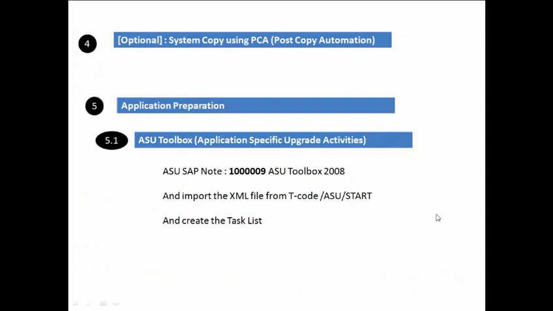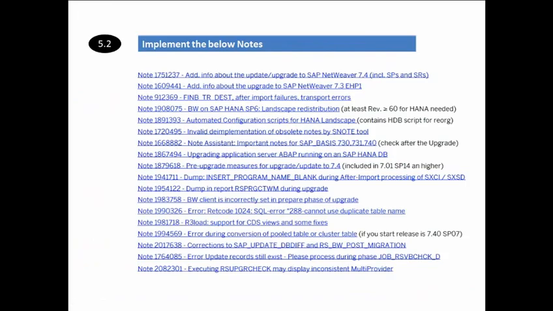So next, you perform these ASU tools, and there are certain nodes which we at a